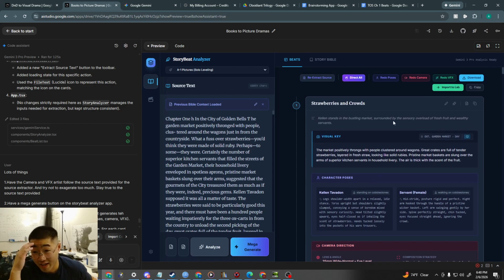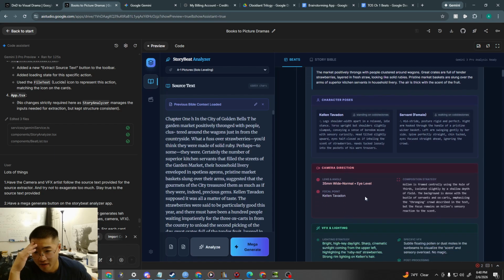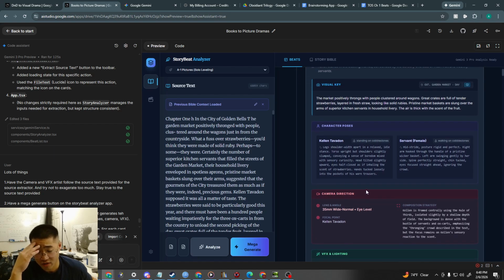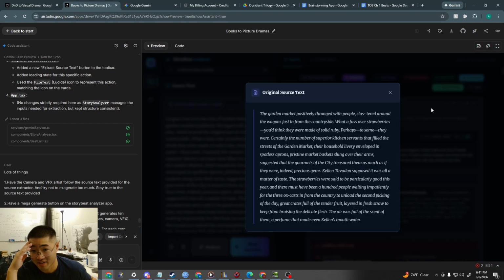The reason I wanted that text is that the character poses, camera, and lighting, or the special effects, tended to exaggerate. So I told it not to exaggerate and really try to stick to the source material. Instead of having to go through this whole thing, I think it would be better if it could reference it for this beat, which is exactly what this does.